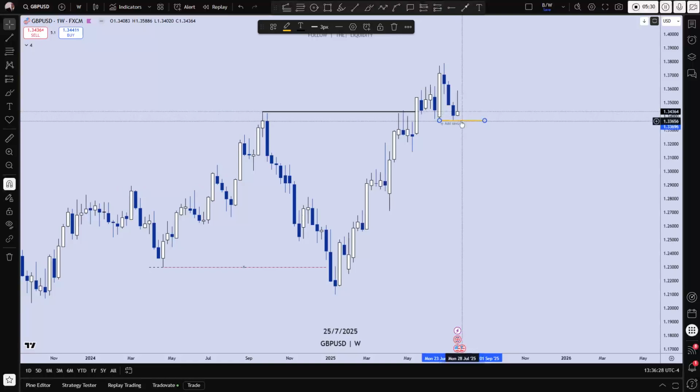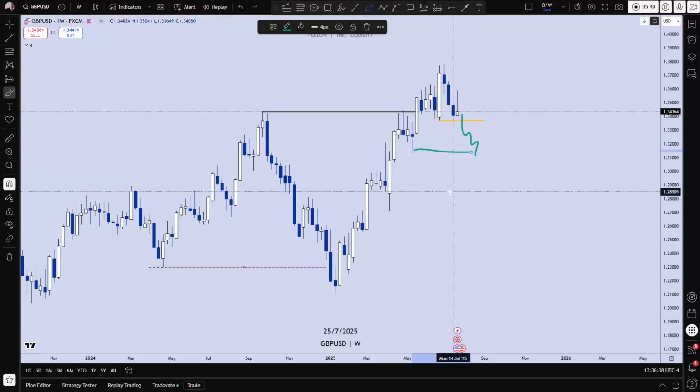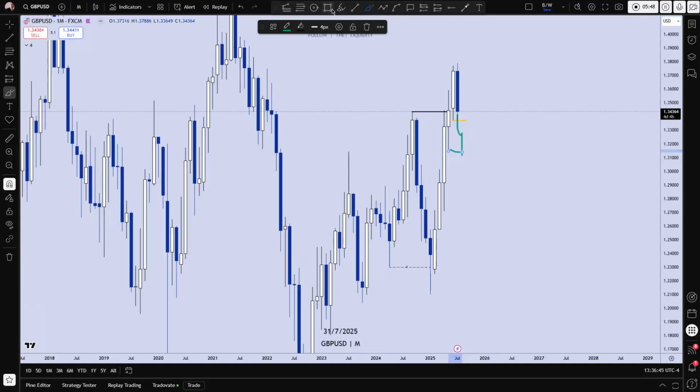And when price closes past this low, we can look for price to go lower and aim towards that low. Now, what did I say we were looking for on the monthly? We'd be waiting for price to hit a bullish fair value gap here, right? And we have these buy to sell wicks here, which are going to show the area of demand.